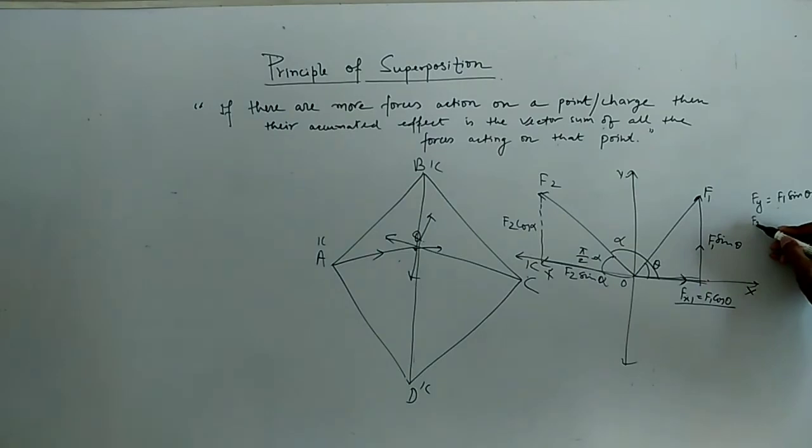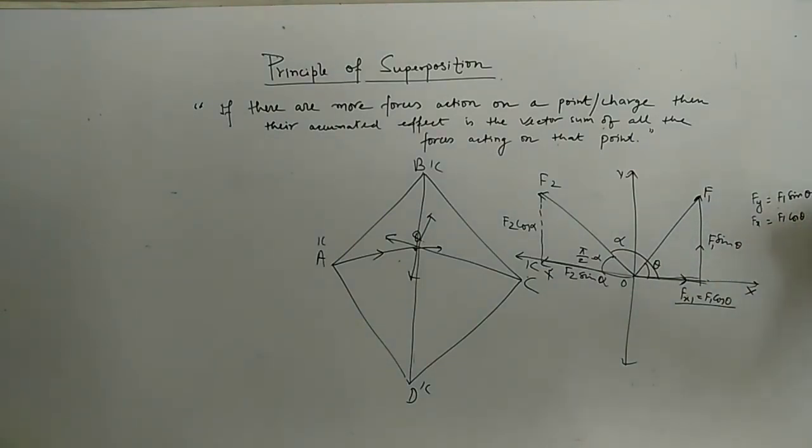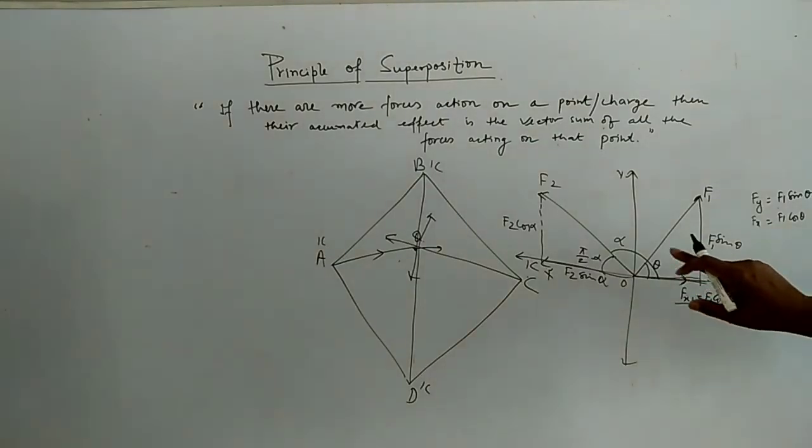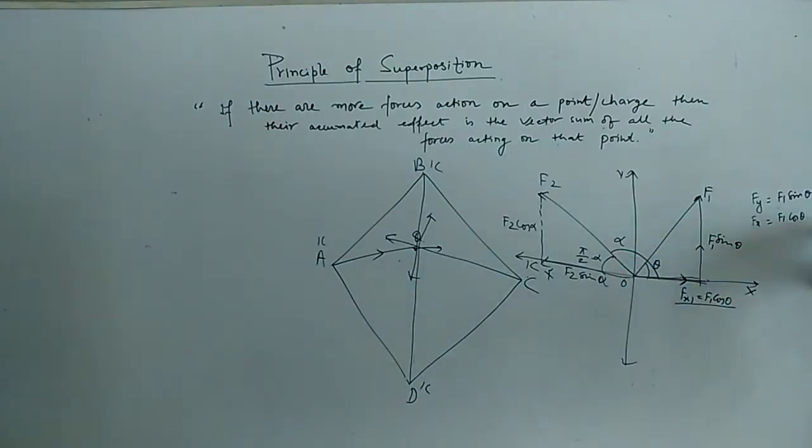That is the total of Fx. So I write here F1 cos theta plus F2, because this is going in this direction, so that will be negative, minus F2 sine alpha, like that. But I don't need to write this one negative, because of the theta trigonometry, when this angle is obtuse, automatically this value will become positive and negative.